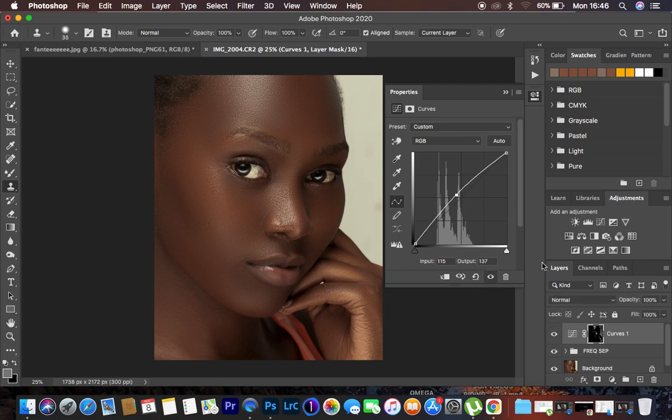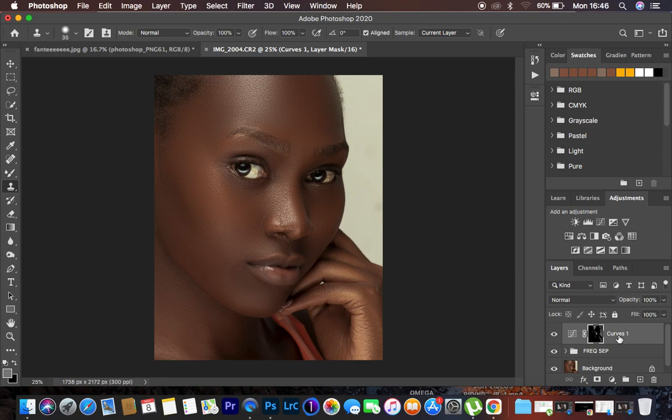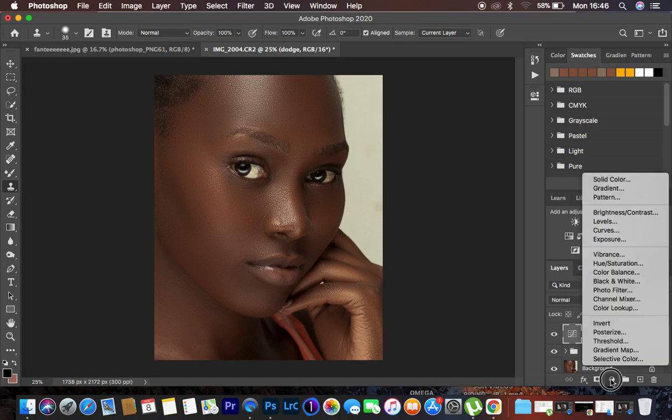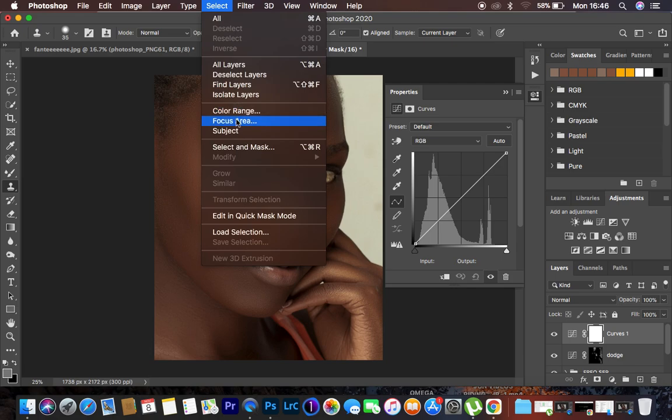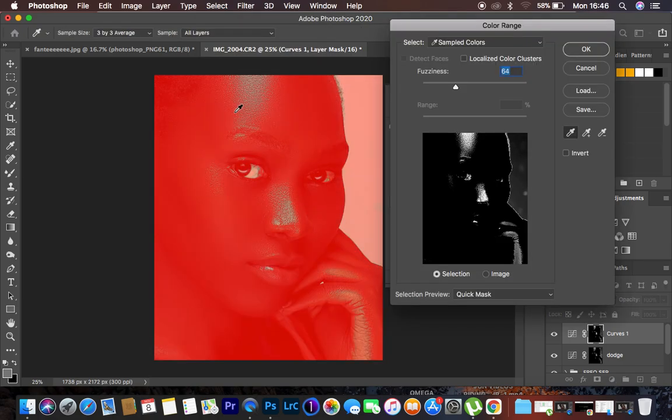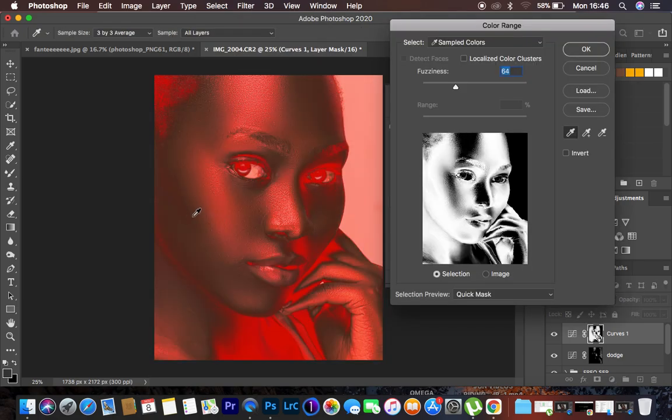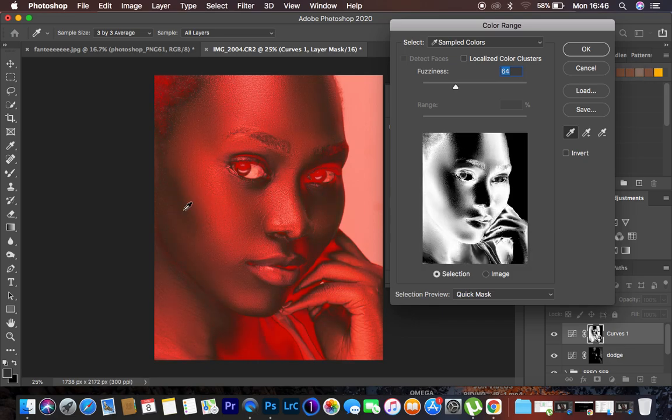So before, after, it has targeted the highlights, so that is going to be dodge, and we're going to do the same for the burning. Come back to the curves adjustment layers, and come back to select and come to color range, and this time around target the shadows. So look for the shadows in the image, and you can see we have now targeted the shadows in this image,